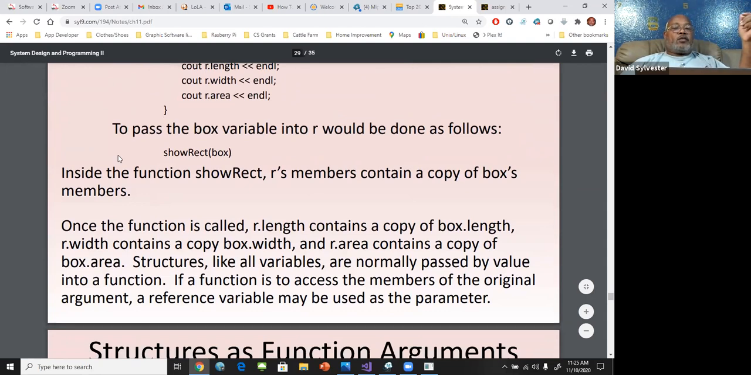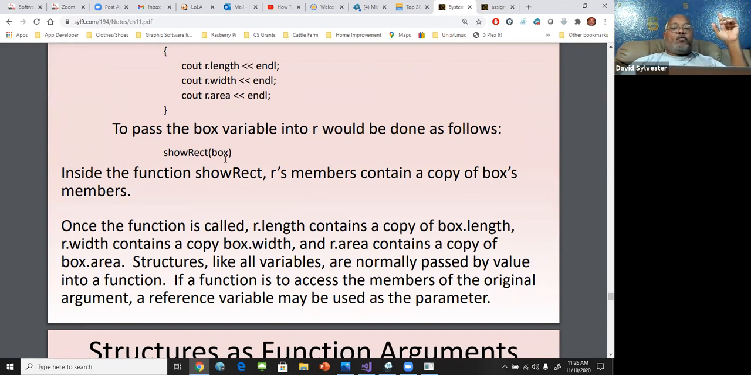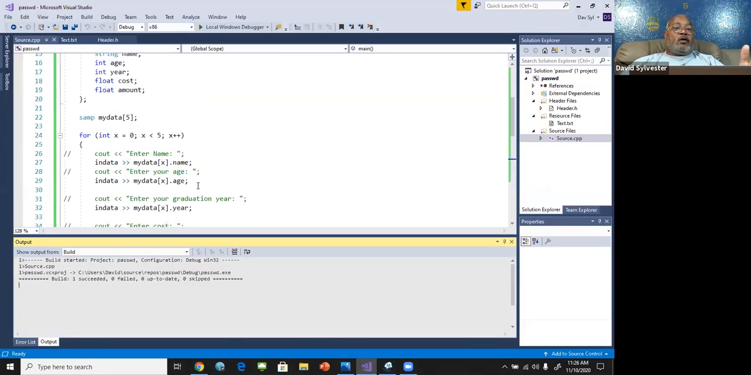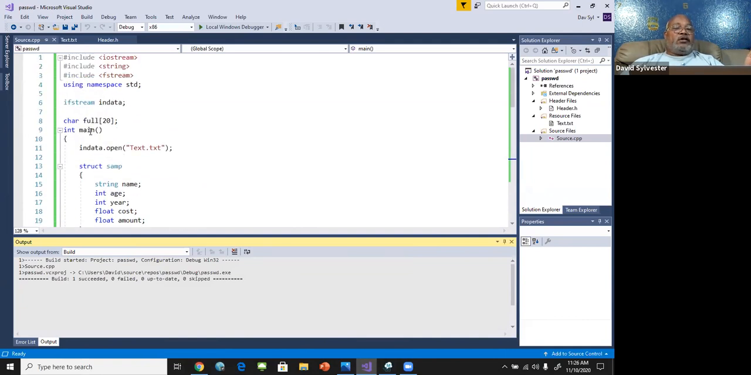All right, so it says to pass the box variable into R would be done as follows. Because now this would be in your main function or that call. Remember, box is the variable, correct? Everybody understand that? Okay, let me show you, because I think some of y'all may get confused. What is our variable here? My data, right? SAMP my data 5. So what happens is,